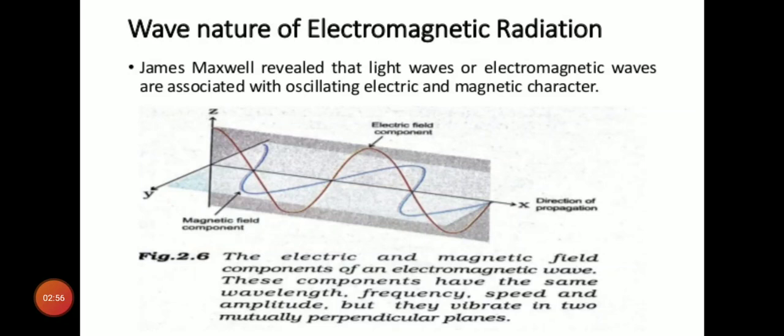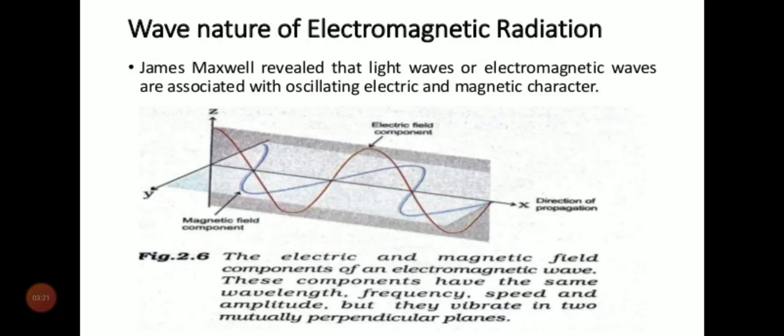Now look at the diagram. This is displaying wave nature of electromagnetic radiation. Now as I told, there are two fields with us, electric field and magnetic field, and we can see that the red line is consisting of electric field component and the blue line is consisting of magnetic field component, and we are taking three coordinates x, y and z, means in three-dimensional space we are observing the pattern of flow